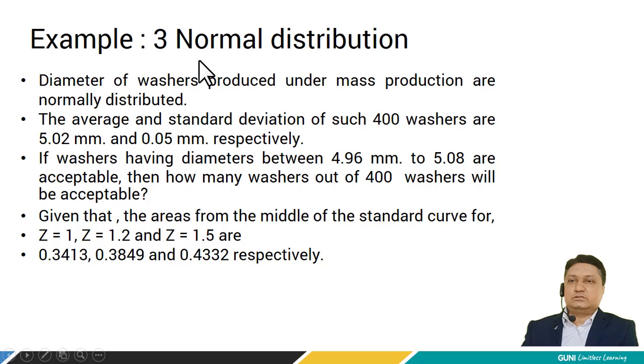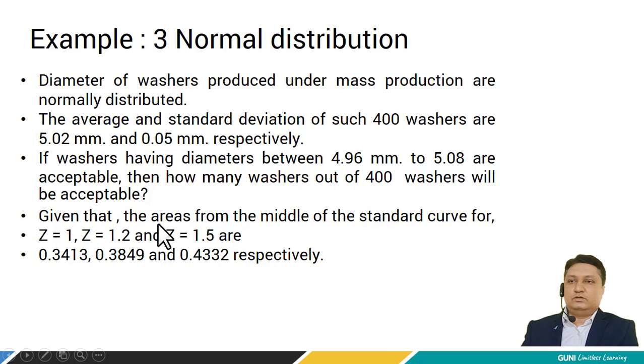Let us see example number 3 for normal distribution curve. The diameter of the washers produced under mass production are normally distributed. The average and standard deviation of such 400 washers are 5.02 and 0.05 respectively. If the washers having diameters between 4.96 to 5.08 are acceptable,